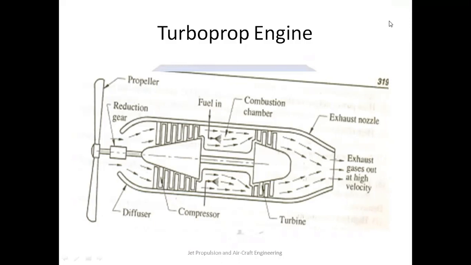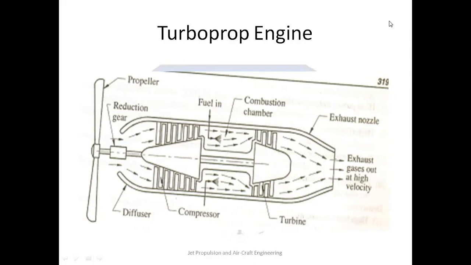So, as we know that the turbojet engine has a poor performance at low speed and takeoff conditions that we have seen in previous lecture. These were the limitations of the turbojet engine. So a higher speed and thrust per unit mass flow of a fuel can be obtained by increasing the mass flow of air, and this also results in better fuel economy. This fact is utilized in turboprop engine. A turboprop engine is also called a prop jet engine.